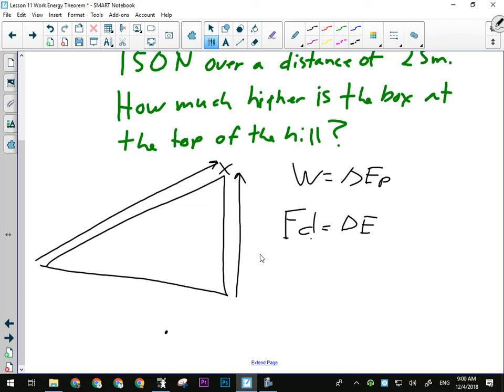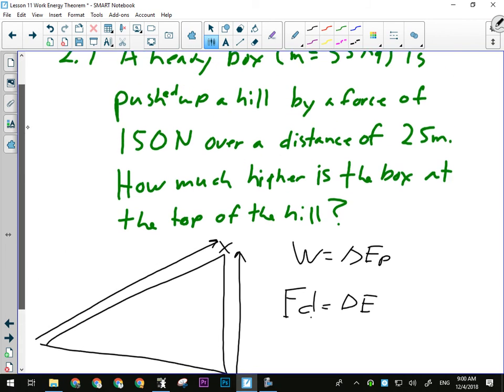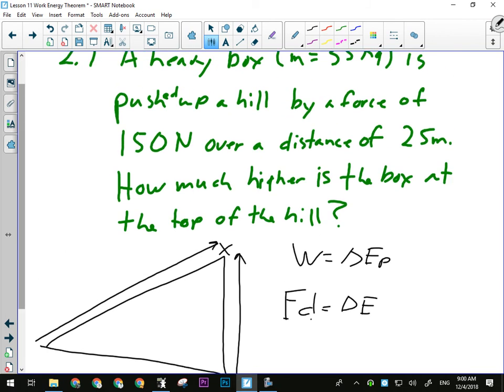Instead, they just dragged them up these ramps. Usually they had logs and stuff underneath. But anyway, it was dragged up a ramp, because that way they could exert enough force to do it. Does that make sense? All right, so in this question here, they're telling me that I'm using 150 newtons of